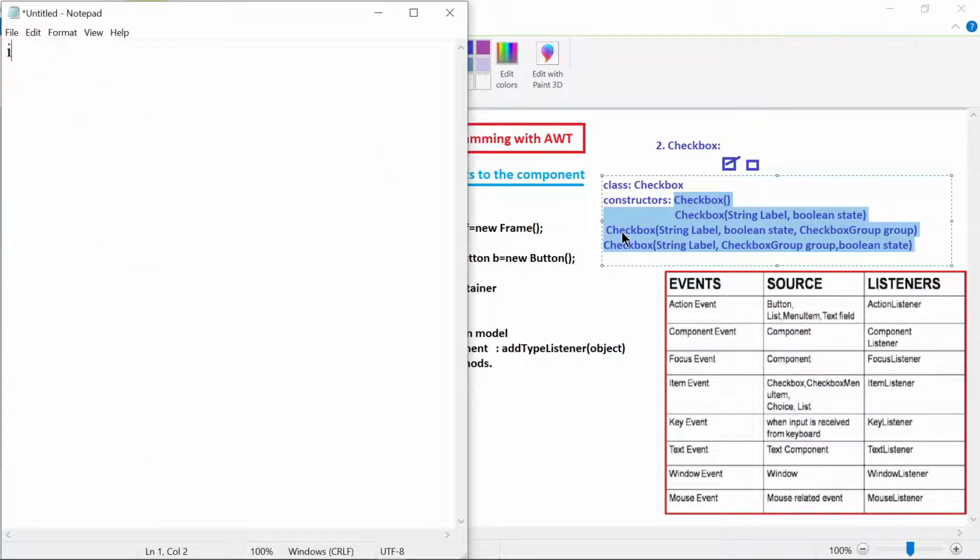In the notepad, first we need to import our java.awt.* package, and I'll import one more package also, because we are going to add events too. So I will be importing the java.awt.event package to add events to our program. Now I will be creating one class, CheckboxEx, which extends Frame. You all know this same old technique I am following. Now in this I am writing my main method, public static void main.